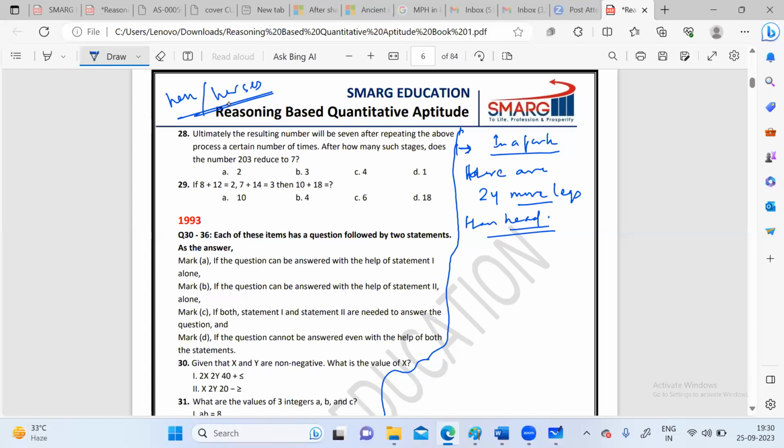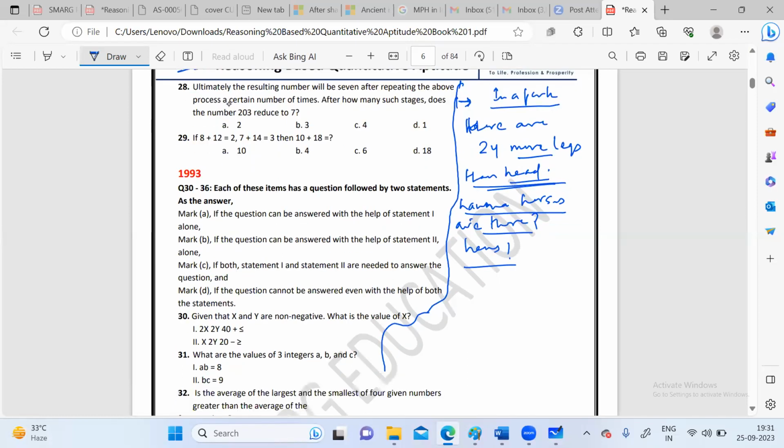After counting, somebody said that there are 24 more legs than heads, and then they'll be asking how many horses are there, or how many hens are there? Okay. So if this is a question, what will you think? So the concept here is, I'll be talking just concept here. Problem solving you can do later. The concept here is,